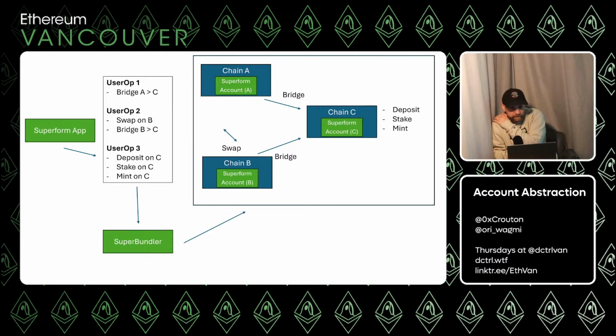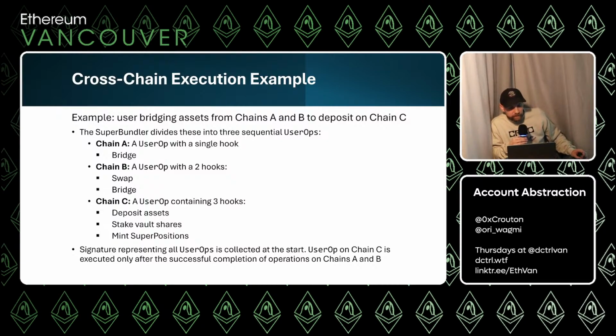If you've never interacted with it before, how do we unlock those funds for you to be able to run the user op 3? You know what I mean? We're kind of assuming that you will have funds to be able to deposit and stake. For the sake of UX, you can run with that, but I'm saying it doesn't disagree with what you wrote on the previous slide, that the user op on chain C is only executed later, so it's not all in the same block.